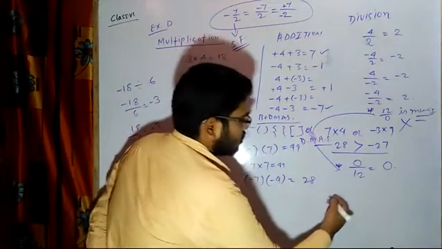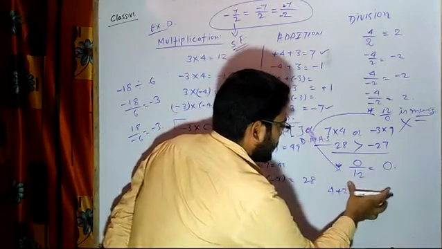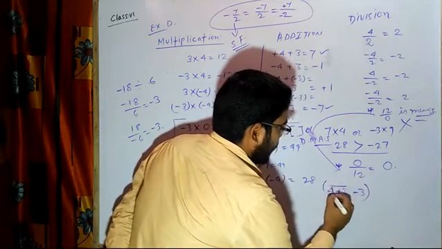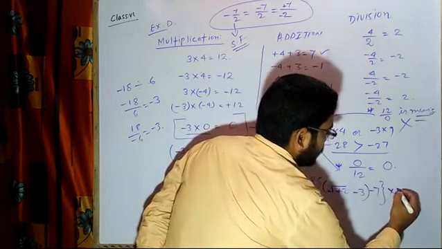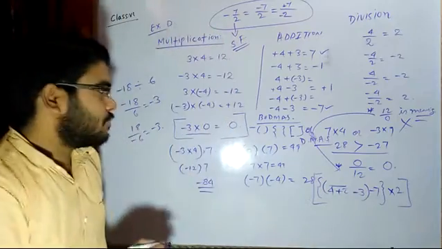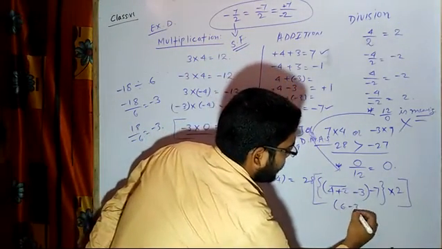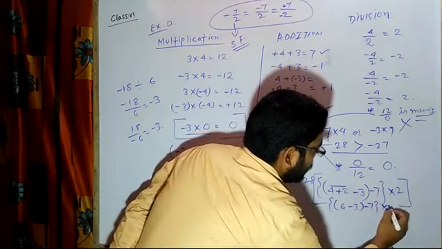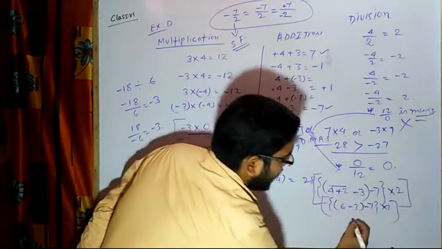Still, I will solve one sum. I am having 4 plus 2, minus 3 bracket minus 7 close, into 2. Suppose like this I have a number. So for the bar we have to solve first: 4 plus 2 is 6. The bracket will remain as it is. No need of changing the bracket. Now minus 7, then into 2. Now this thing we have solved first. Then we will subtract. 6 minus 3 is 3.